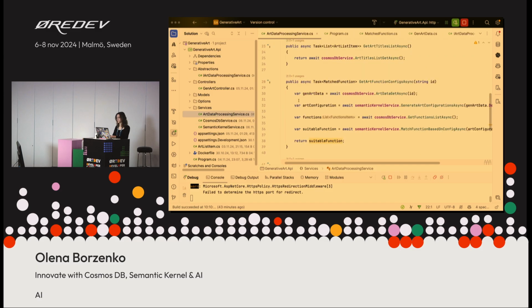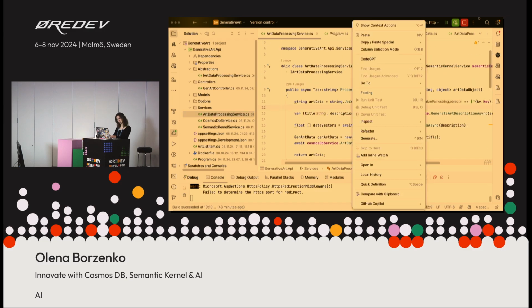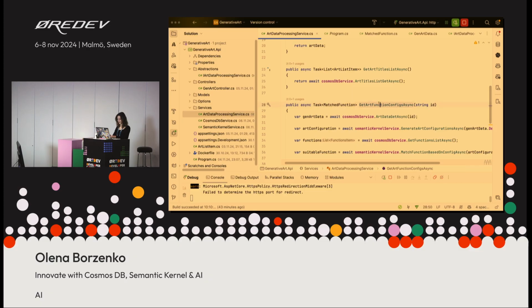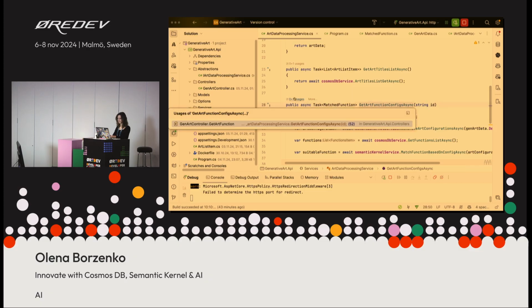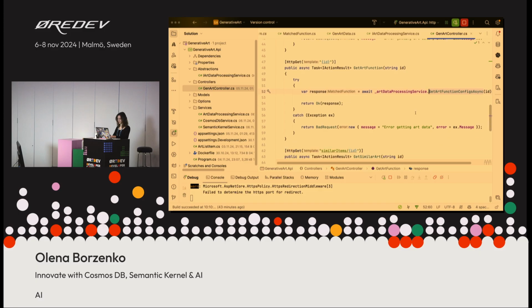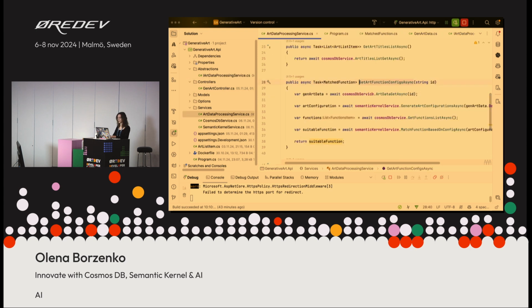So I go to our data processing service, and I have a different method for that. The get art function configuration first extracts the items that I selected, just for more details, to know the description and get the vector embeddings.